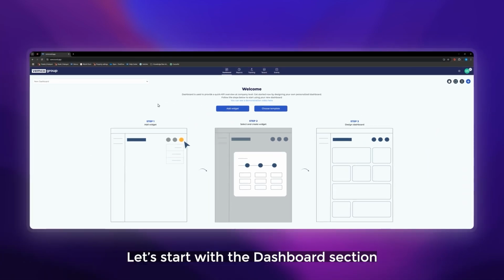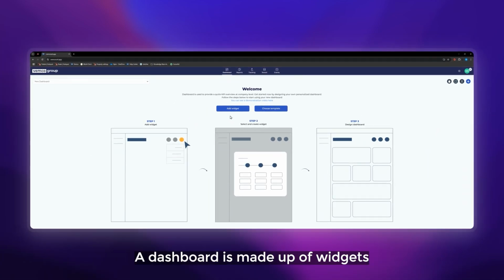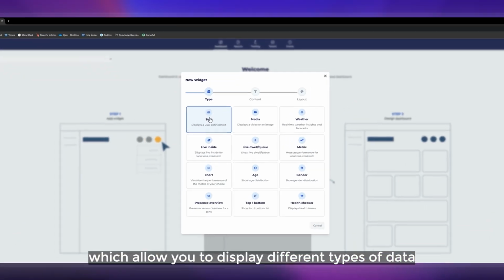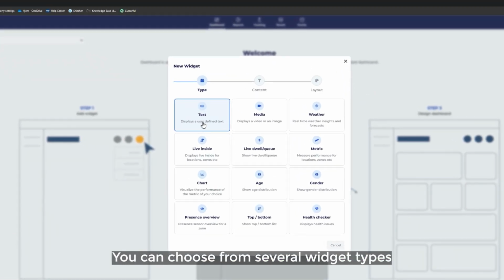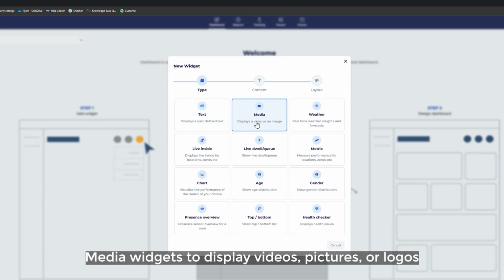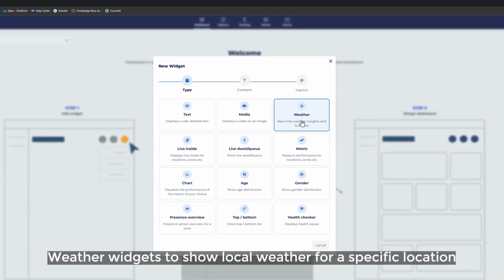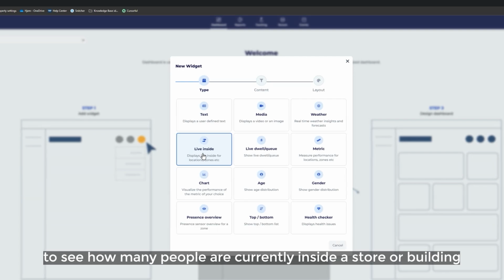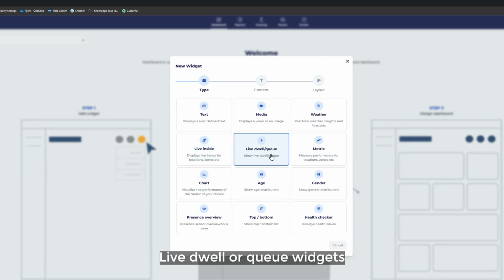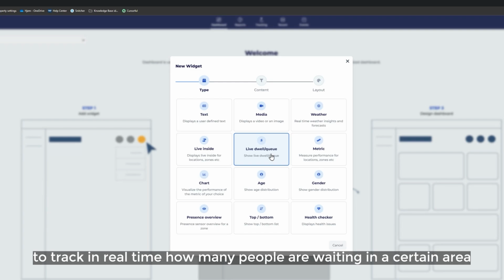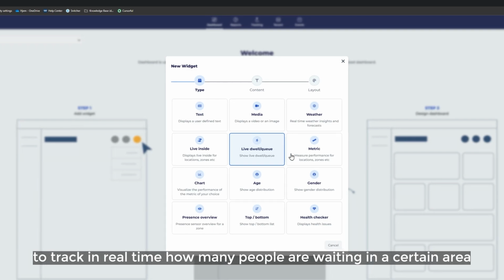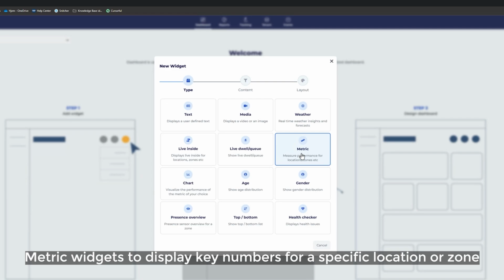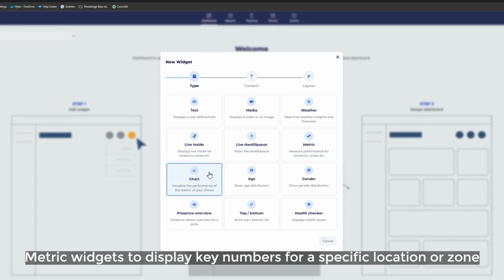Let's start with the Dashboard section. A dashboard is made up of widgets, which allow you to display different types of data. You can choose from several widget types: text widgets to add notes or instructions, media widgets to display videos, pictures, or logos, weather widgets to show local weather for a specific location, live inside widgets to see how many people are currently inside a store or building, live dwell or queue widgets to track in real time how many people are waiting in a certain area, metric widgets to display key numbers for a specific location or zone,